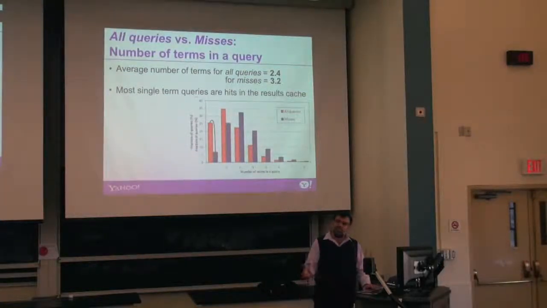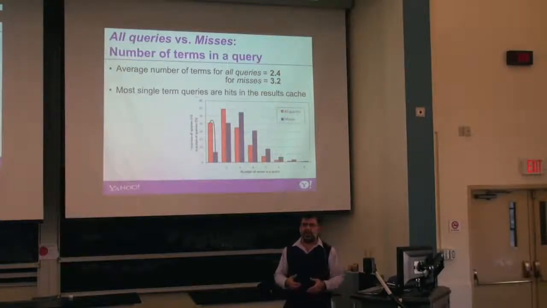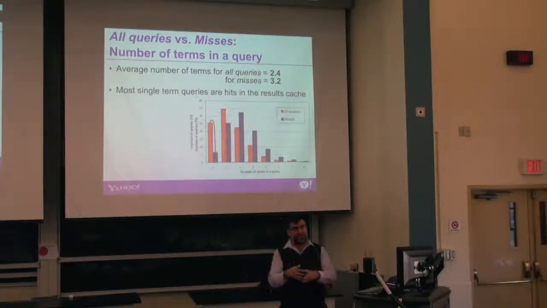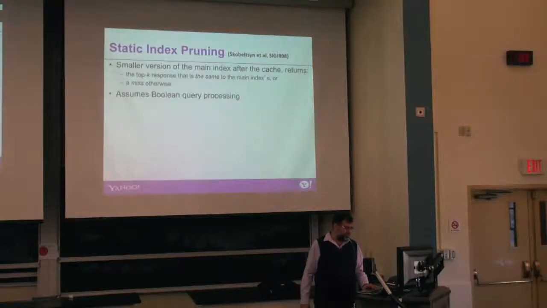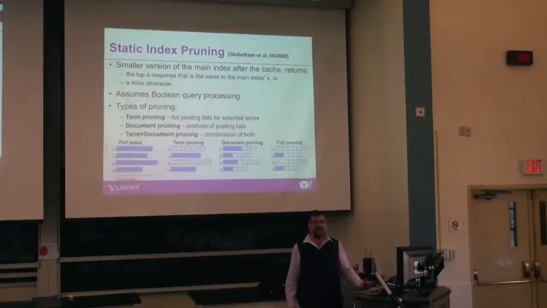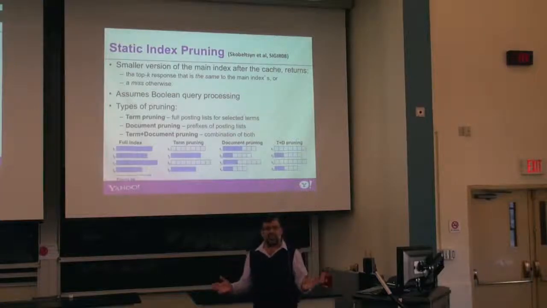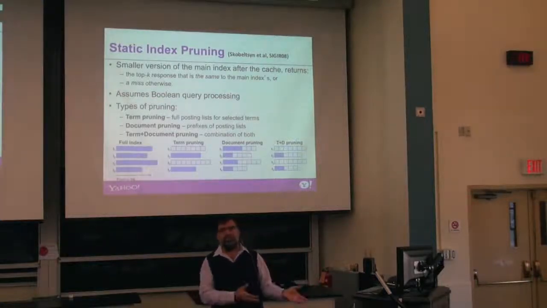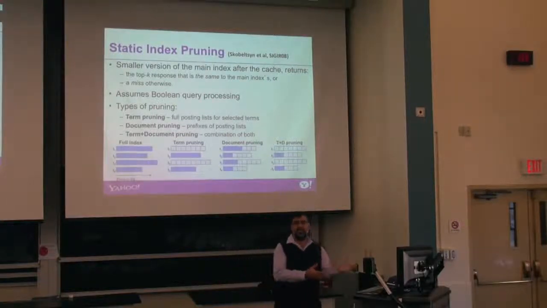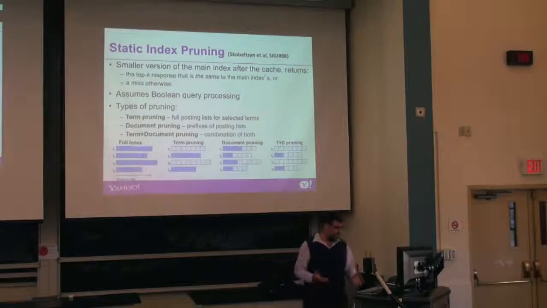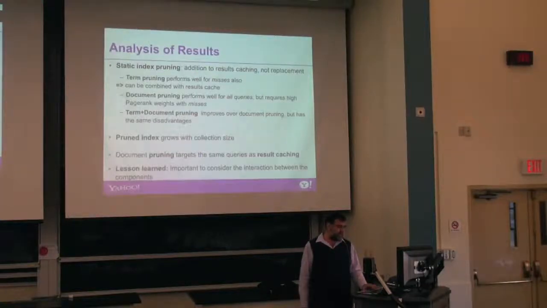And this was very important because some people were saying, okay, let's do some kind of a small version of the index. Let's prune the index. And we found out, and I'm going to skip all the details, but basically that was, I guess, one of the very few negative papers in SIGIR, that we showed that index pruning doesn't work because caching is doing basically the same. Caching is basically dynamic index pruning. And then the result was, don't bother, don't use it. So we forgot about that. Okay, let's go to the traditional index and keep going.